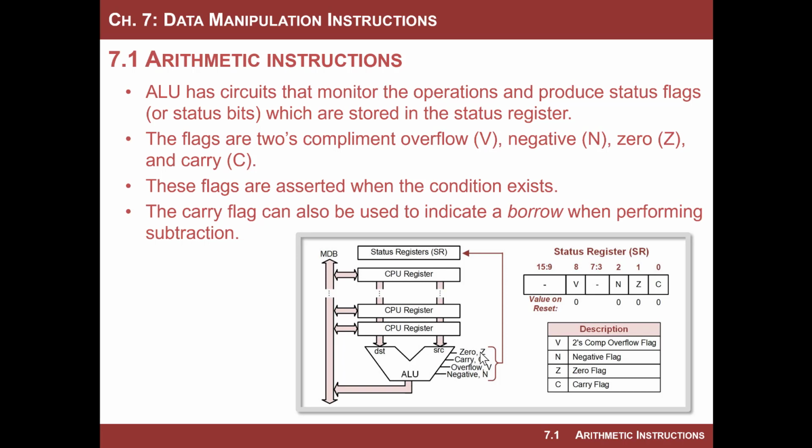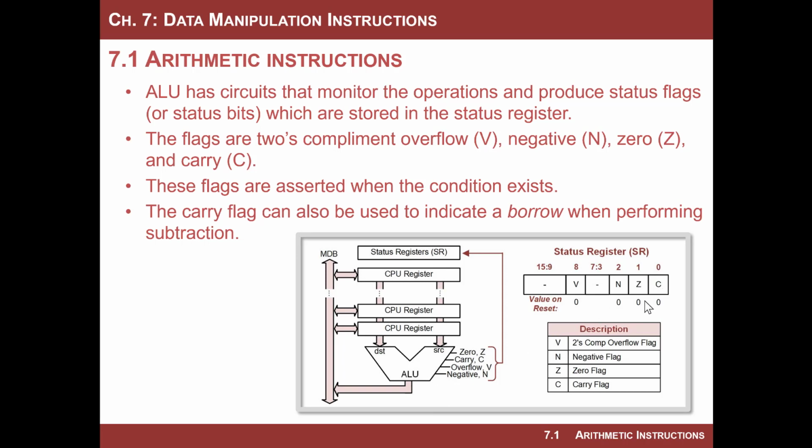The status flags that are implemented on almost every computer, but we'll look specifically at the MSP430, are the four flags called the carry flag, the zero flag, the negative flag, and the 2's complement overflow flag. 2's complement overflow is given the letter V. I don't know why, honestly. Maybe for overflow? I don't know why, but it's V everywhere. And what these do is every operation in the ALU